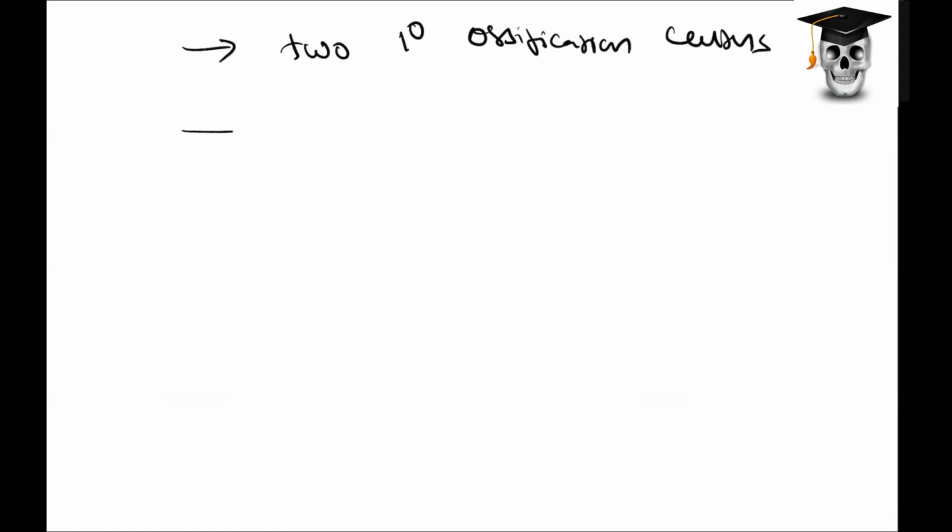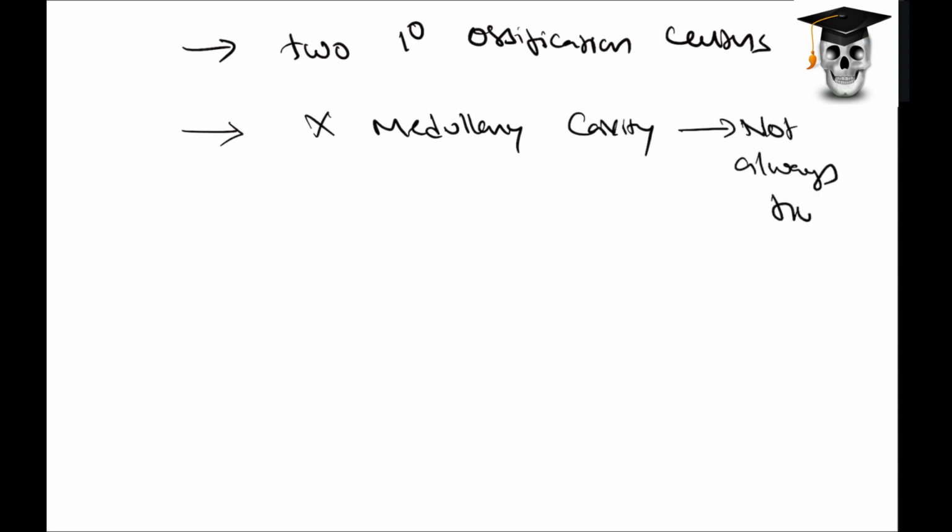Now, one more uniqueness. Because of this reason we call it a modified long bone. It is generally said that it doesn't have a medullary cavity, but this is not always true. This is important; now I am modifying my statement. Till now I told you that because of the absence of the medullary cavity, we are calling this a modified long bone. But absence of the medullary cavity is not always true. Some bones do have a medullary cavity also.